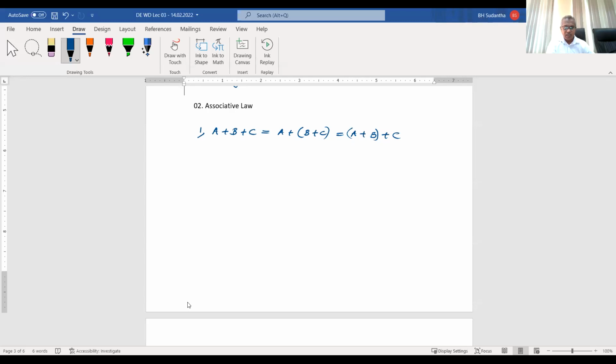What is the meaning? You can take a 3 input OR gate and do this. The same thing you can do